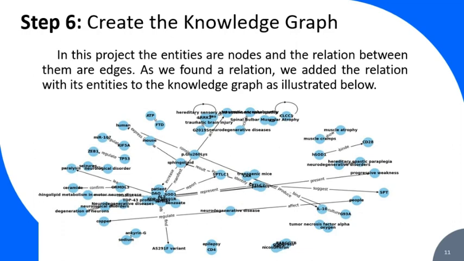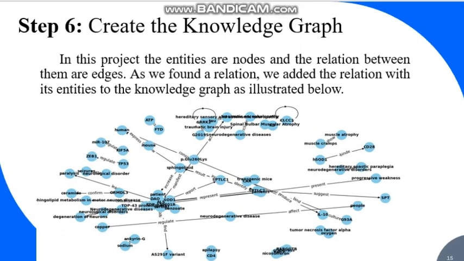And here you can see that we plot the knowledge graph with Python, and this is the picture of the knowledge graph we have. I can see some problems here that we can talk about in the next slide, but as you can see, most of these circles that represent the entities are around the word ALS. So our knowledge graph is good enough because most of the entities are around ALS.